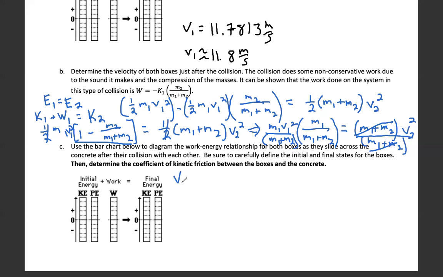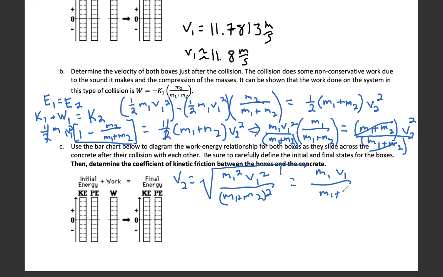So v2 equals the square root of, what do we got here? We've got m1 squared v1 squared over m1 plus m2 quantity squared. And that's just m1 v1 over m1 plus m2,